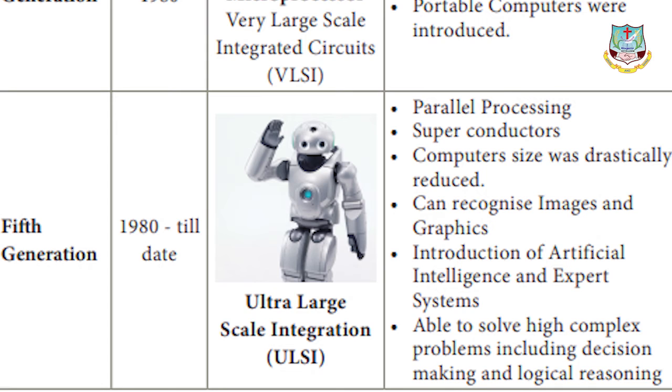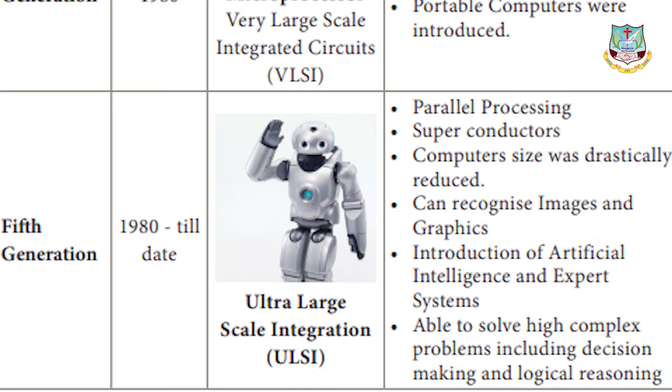And there is the introduction of artificial intelligence and expert systems. Here in a computer you can search using an image or graphics. It can identify or recognize the image, graphics and all. Artificial intelligence was fed into the computer and it starts working like us, right? Robots and all are invented. So this robotics, we'll say it as AI, that is artificial intelligence with expert systems.